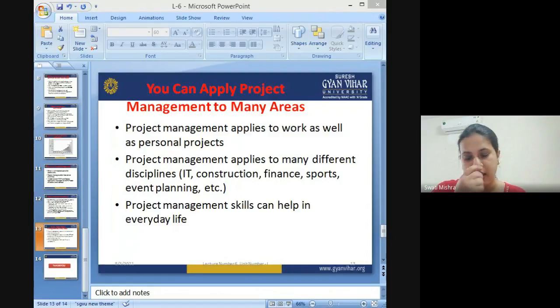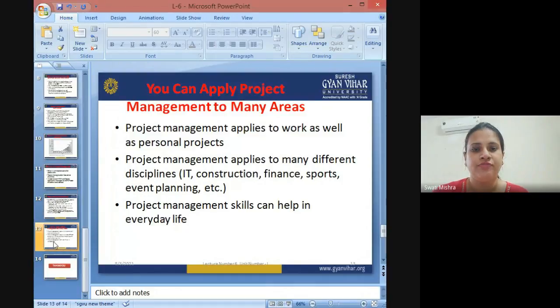So, with this, I have spoken to you about the importance of project management for different organizations, for any manager as an individual, and of course for the team as a whole, so that they can plan their activities very well, plan their resources very well, and think of doing timely completion of their projects.